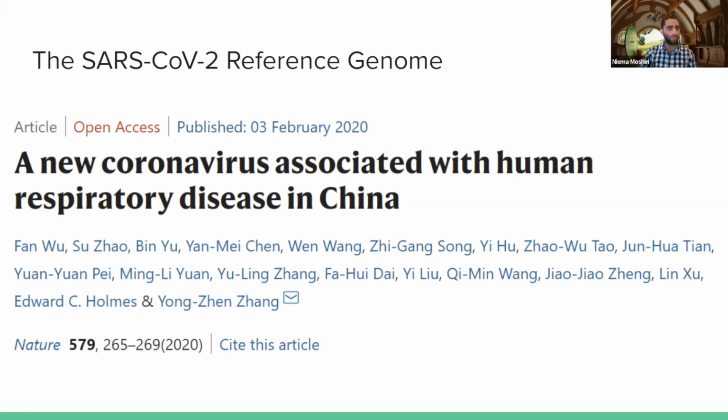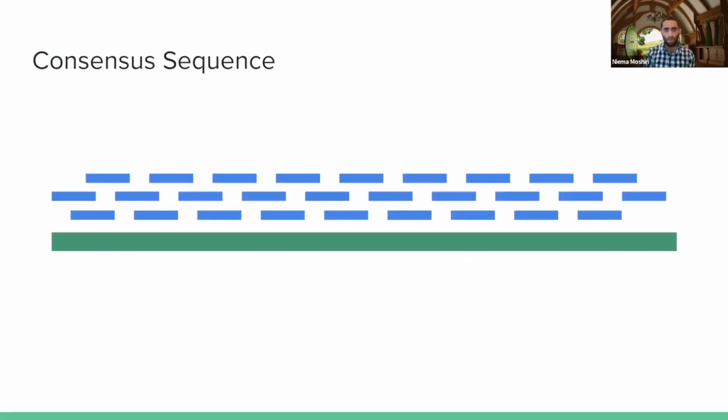Now, how do we use this to help us in maybe San Diego, if I'm trying to sequence all the samples I collect in San Diego? Well, we can think of what's called a consensus sequence. It's not a de novo assembled genome. It's not a genome that I'm assembling just from the reads, but it's a sequence that I'm generating given a